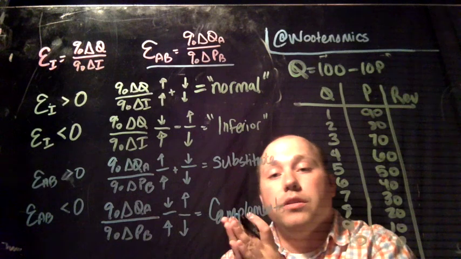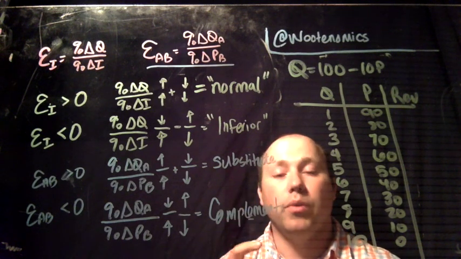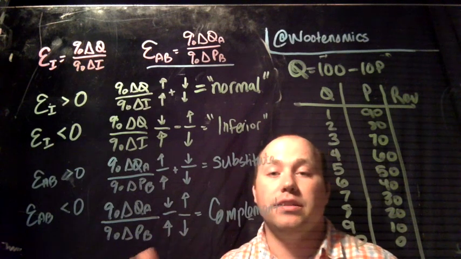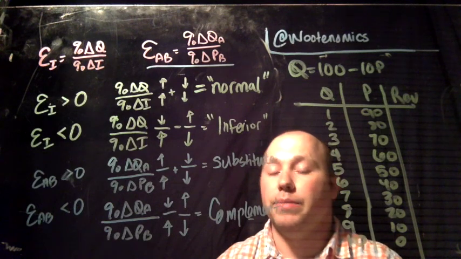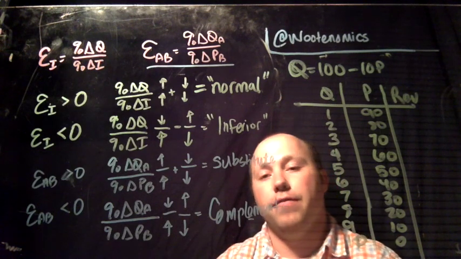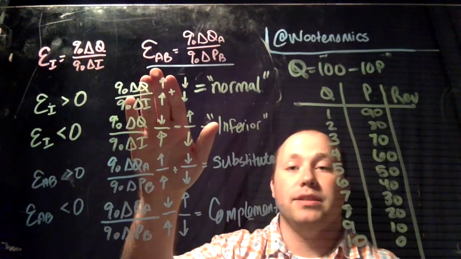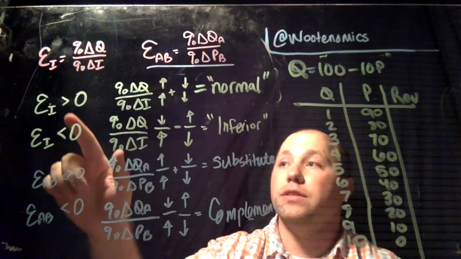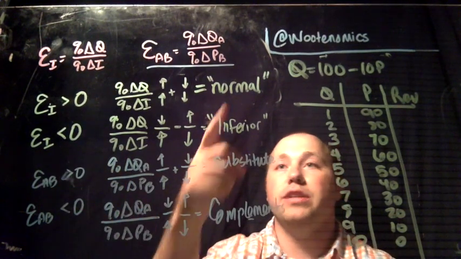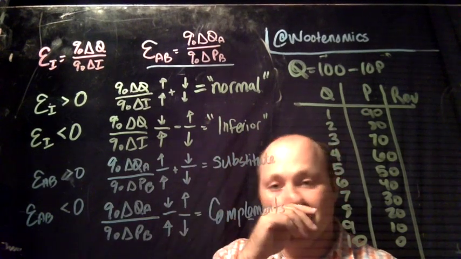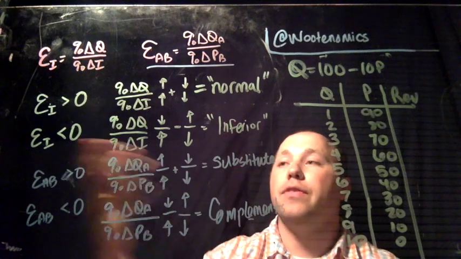So again, remember, with demand and supply elasticities, our goal is to focus on one. That's our focal point when it comes to those items, because the sign is either negative in the case of demand or positive in the case of supply. We know that relationship exists, so we ignore the sign and focus on the magnitude. When we talk about income elasticities and cross-price elasticities, however, the sign matters. If it's positive or negative, those have different implications for what type of good they are. So it's important that we look at the sign first, determine the type of good,